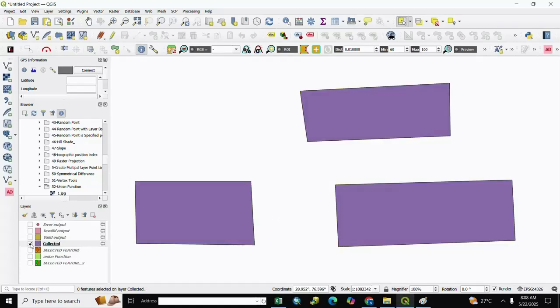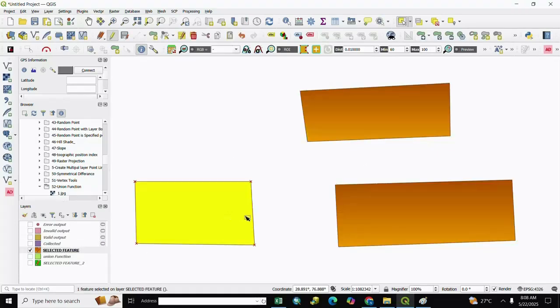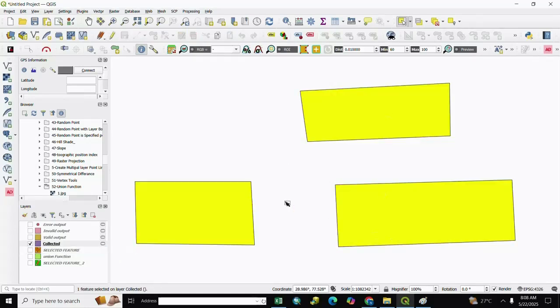You see here the input, you select one by one, and see the output, you select any one and all features are selected. So the collecting geometry process is completed successfully.